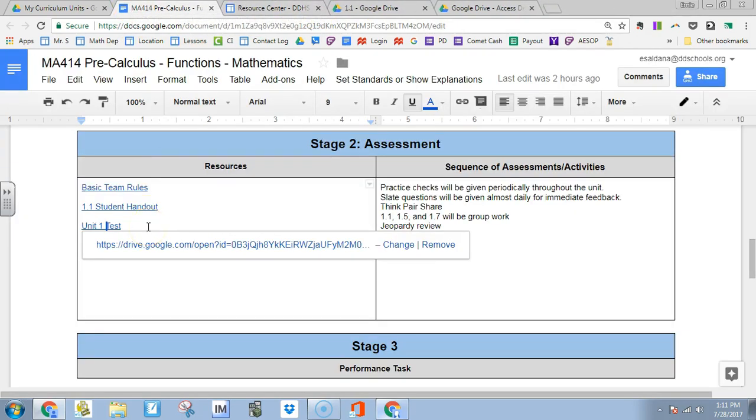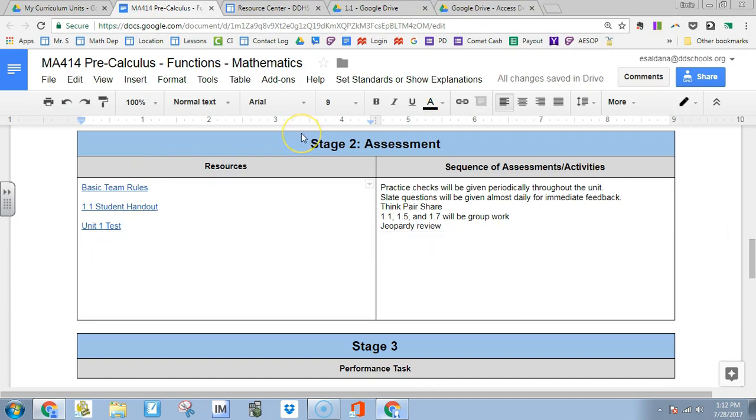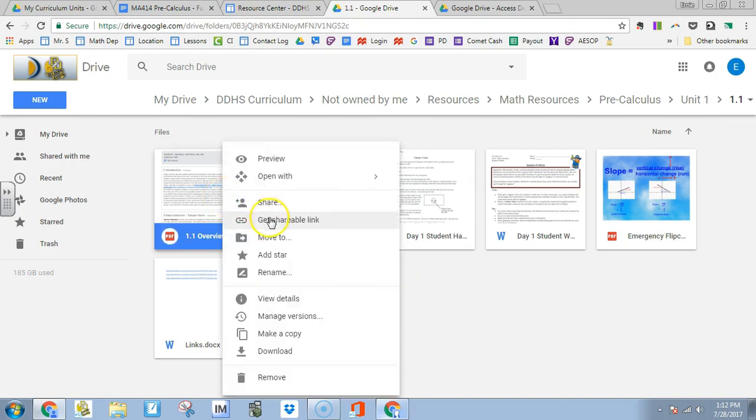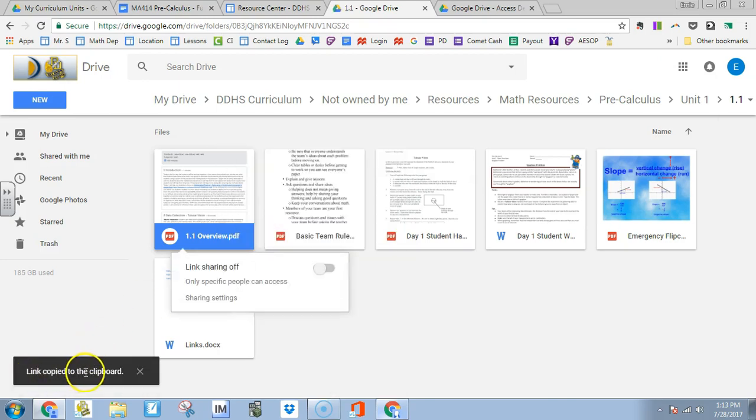Let me quickly show you how this can be accomplished within your unit plan. Simply type whatever it is that you would like. Head over to the Resources folder, which I've already had open over here. Right-click on anything that you have uploaded, and click Get Shareable Link. You can see here the link copied to the clipboard. Then head back to your unit plan,